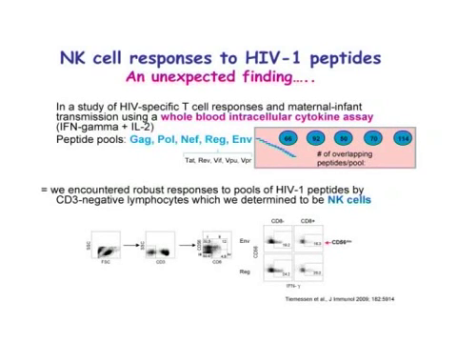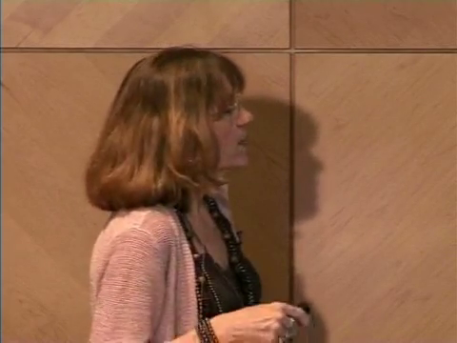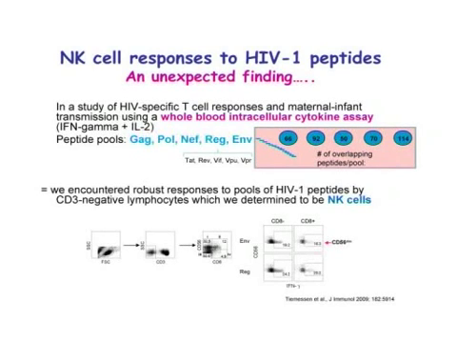So I'm going to move on now to talk a bit about the NK responses that we've seen to HIV peptides. And this came as a completely unexpected finding. While we were studying HIV-specific T cell responses, CD4 and CD8 T cell responses, and trying to understand their role in maternal infant transmission, we were using a whole blood intracellular cytokine assay that measures interferon gamma and interleukin 2 in the cells. So if a cell gets stimulated, you would be detecting those cytokines. And the stimuli that we use are peptide pools, HIV peptide pools: Gag, Pol, Nef, Env, and